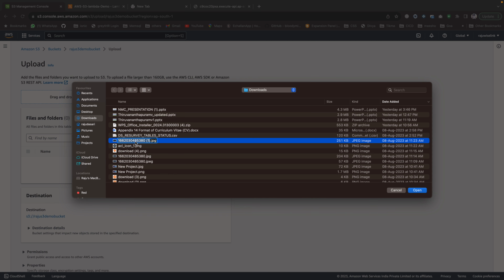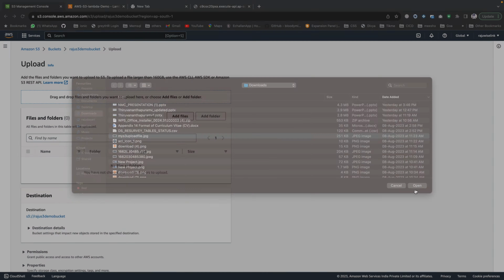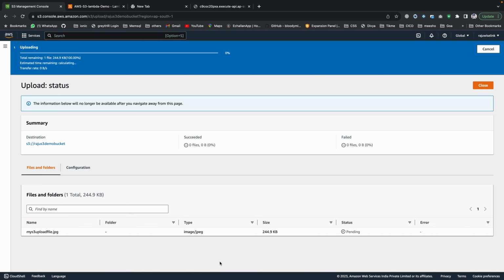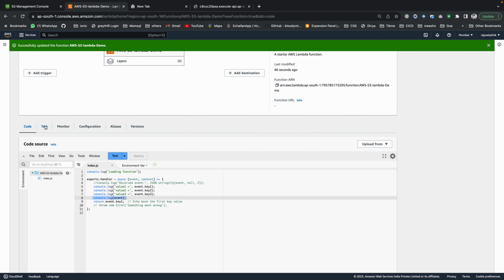I'll rename this file saying that S3 upload file dot jpg. So I'll select this file and I'll upload this. So now I uploaded a file here, and if you go to this AWS Lambda and if you go to